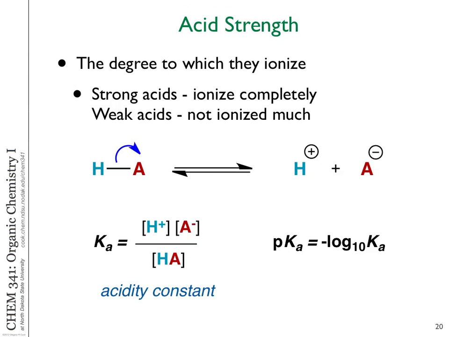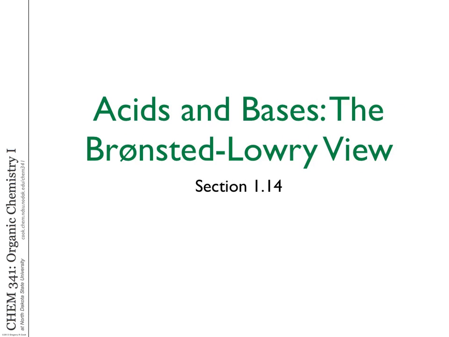We have some general definitions of strong acids and weak acids. Strong acids will lie far to the right side of this equilibrium, or ionize essentially completely. Weak acids might lie more to the left side of this equilibrium. It's more complicated than this because, as I said, HA don't just break apart to form free protons. There's something else involved. And for every acid dissociation, there has to be some base or something that's accepting that proton. And that's where Bronsted and Lowry